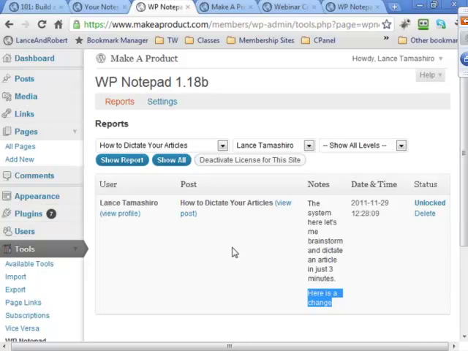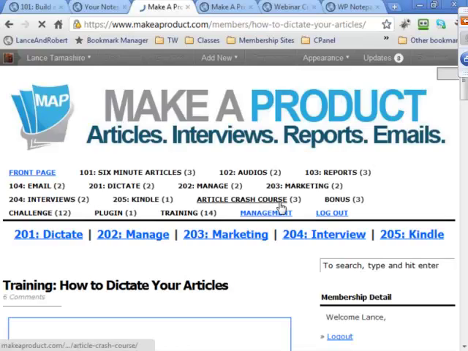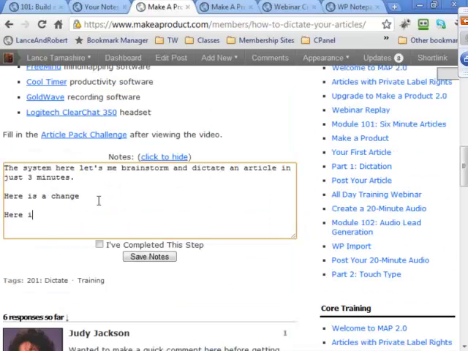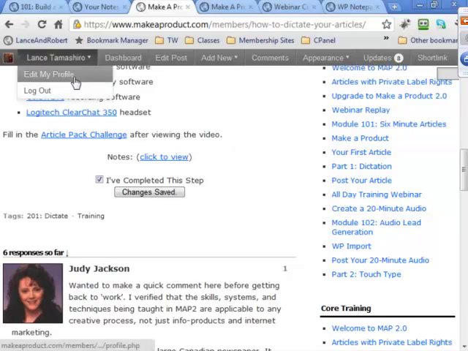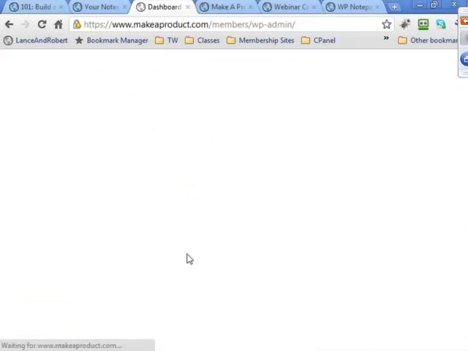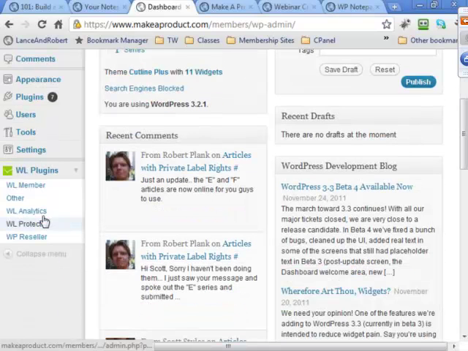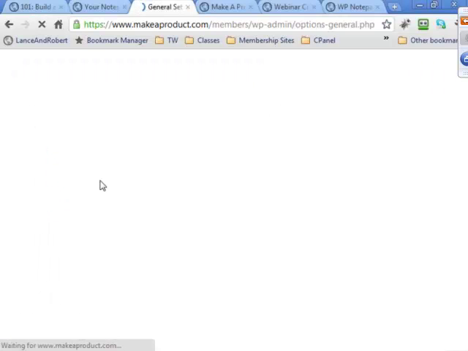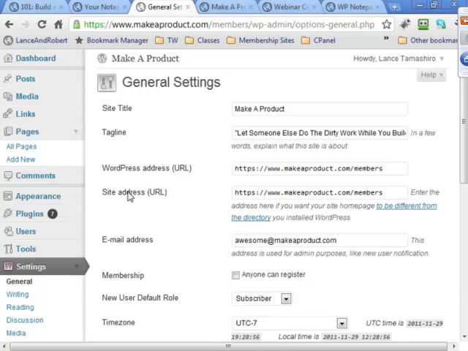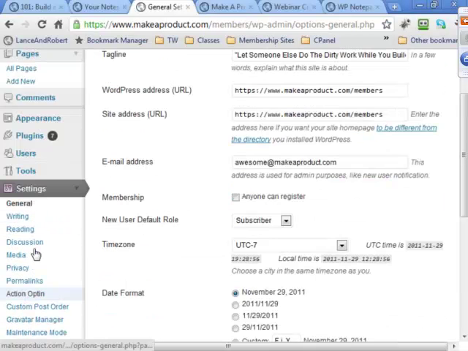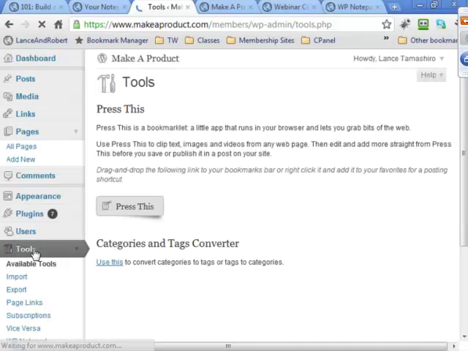Now let's say that I was working with a client or a coaching student or something else, and they went in, and let's just go in and make one more change here. So we'll go back here and we'll go, here is another note, and I'm going to click I've completed this step. All right. Now as the administrator, let's say that I don't want that information to change because now I'm going to go and buy a domain name based on that. I'm going to install plugins based on that. I'm going to do some action based on those notes, and we both need to be on a common sort of playing ground, and things aren't allowed to change.